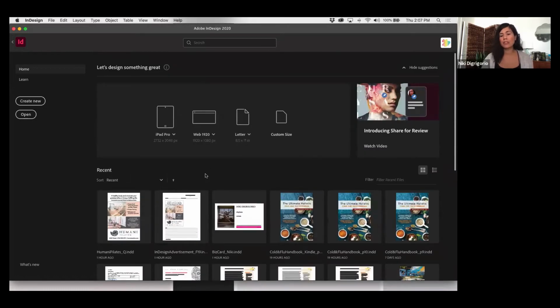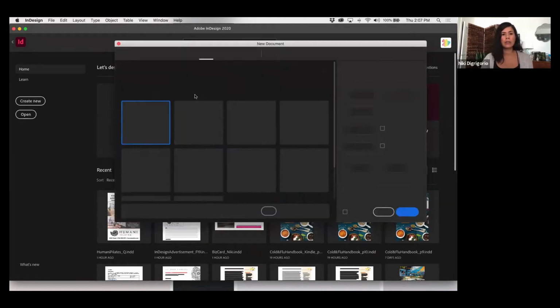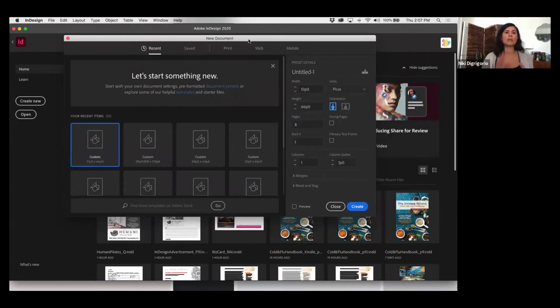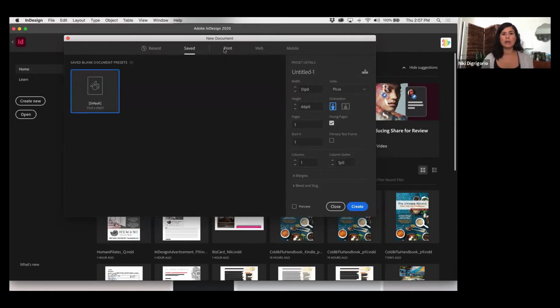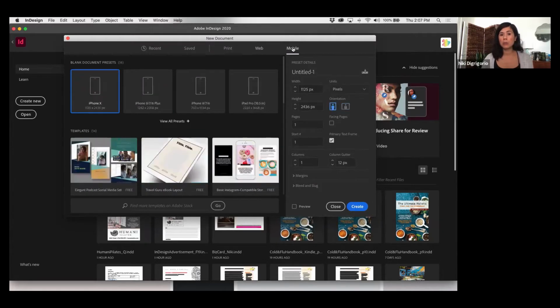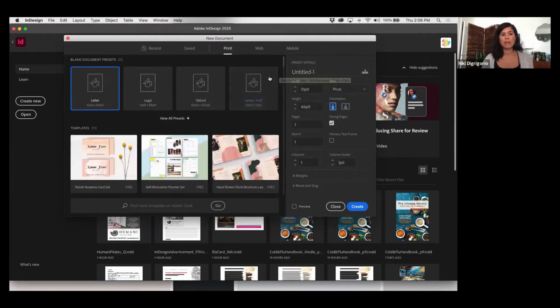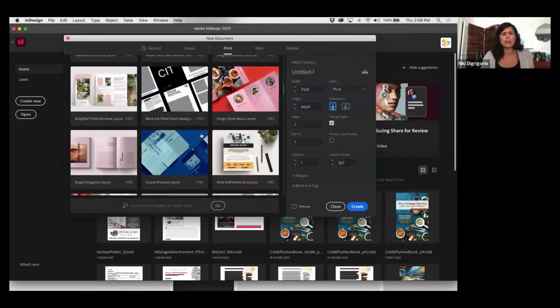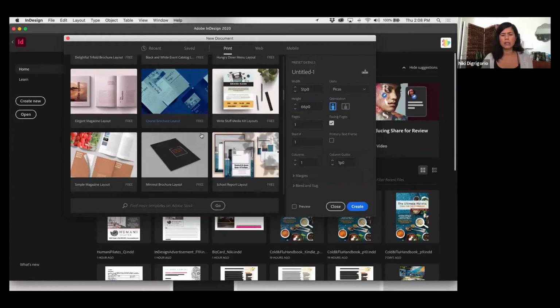The first time you open it, it will not have all of these, at least not yet. And then when you go to create new, exactly the same as what we've seen in Photoshop and Illustrator, you've got a new document window that gives you all kinds of options. And it has print defaults, web defaults, mobile defaults, with my favorite thing, all the templates that are available for free, which are a great inspiration, a great starting point,